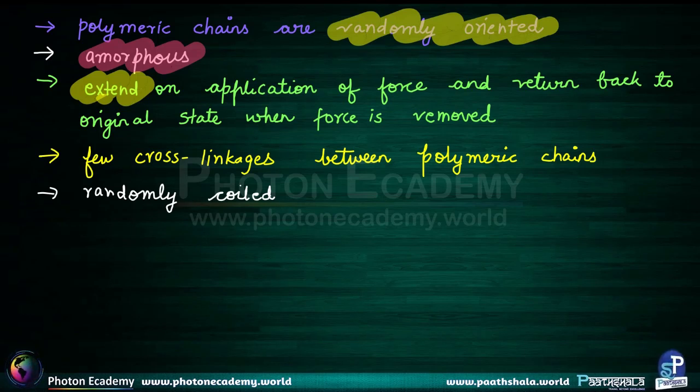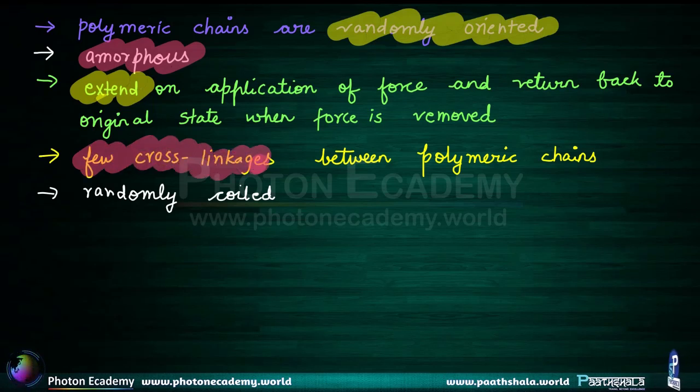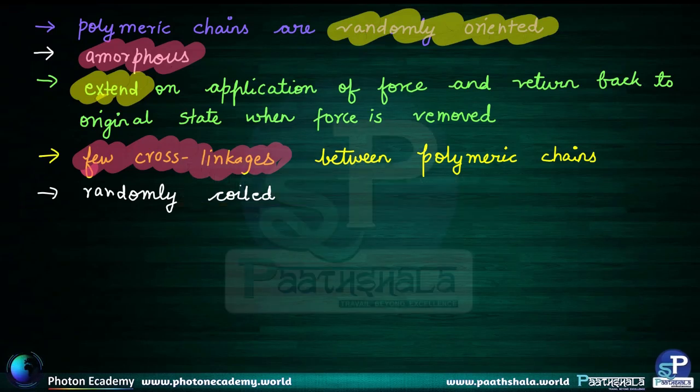There are only a few cross linkages present, and these cross linkages are very important to bring them back to their original state, and they are randomly coiled. Now, a very good example that we have already seen of this is